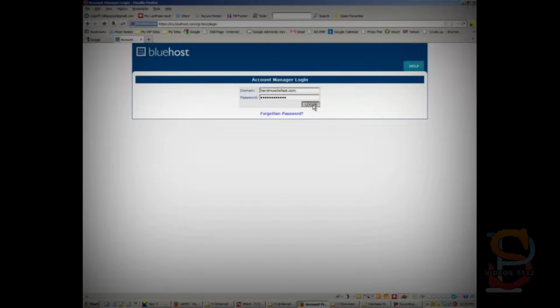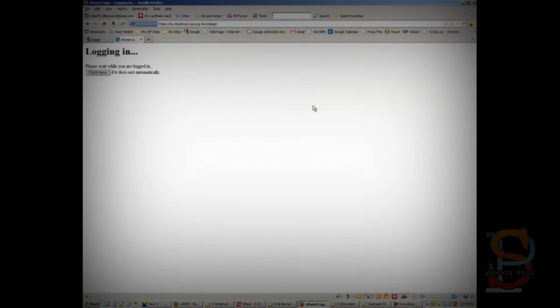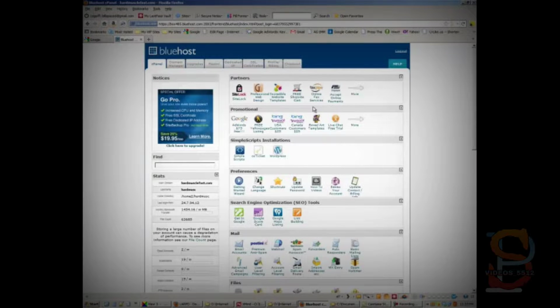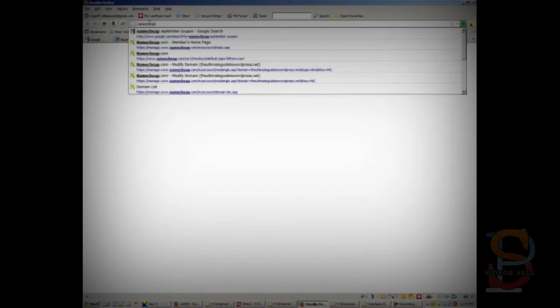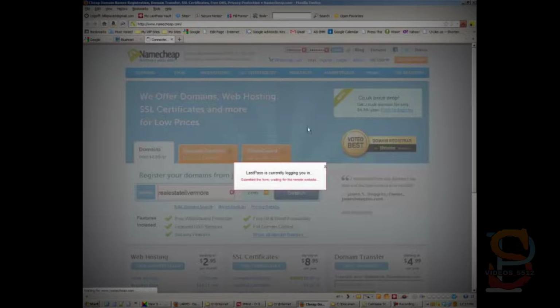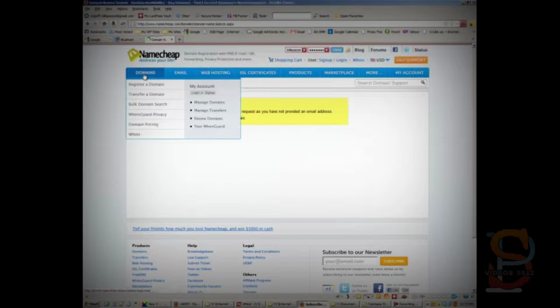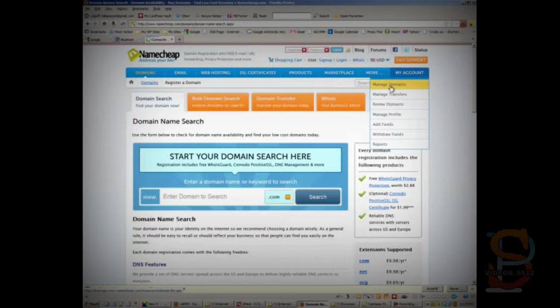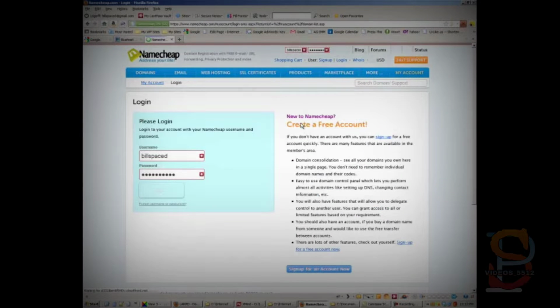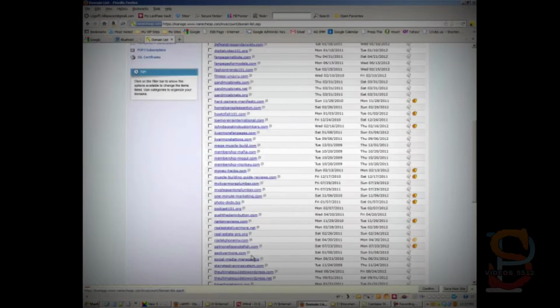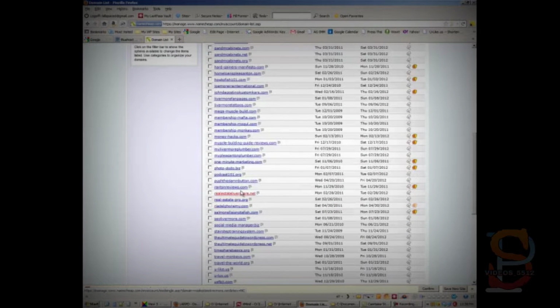fill in all the information for your login, click on login, and then while that's loading we're going to go to Namecheap, which is where I registered a new domain today. Don't pay attention to any of this stuff. Go to My Account, Manage Domains, log in, go find your domain, and mine is livermoretattoos.com,